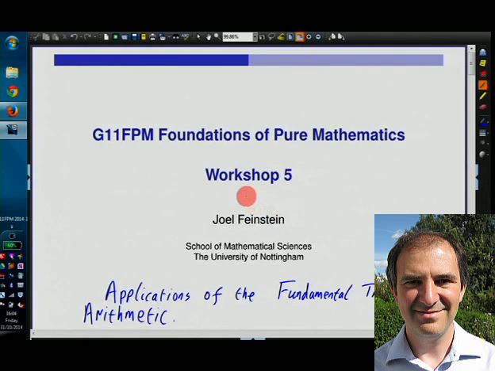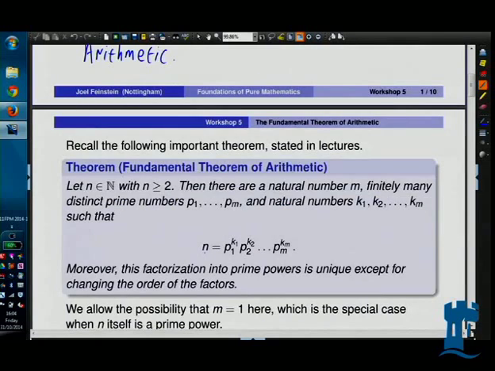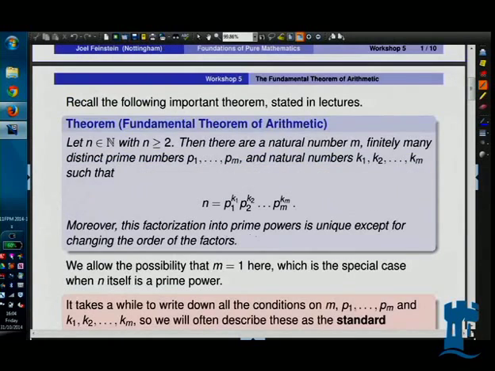So this workshop is applications of the Fundamental Theorem of Arithmetic. I have to say, this is a bit of an ugly statement of the Fundamental Theorem of Arithmetic. I'm thinking of simplifying it for next year. Just wanted to be very careful about it, right? But okay, every integer that's greater or equal to 2 can be written in essentially a unique way as